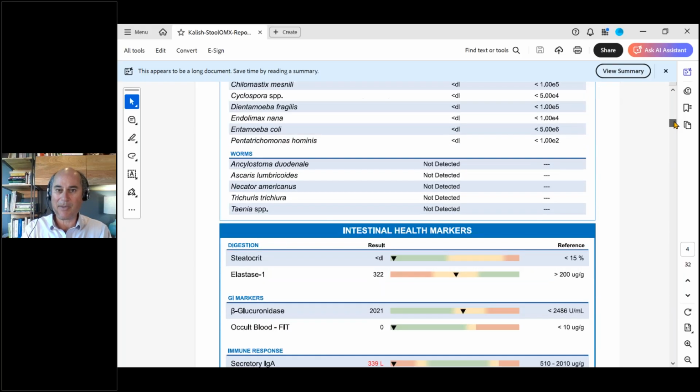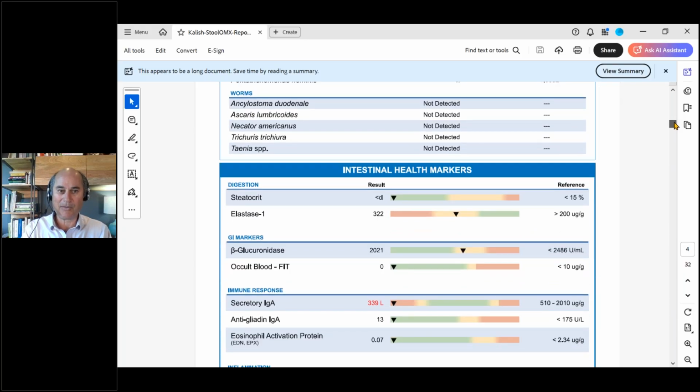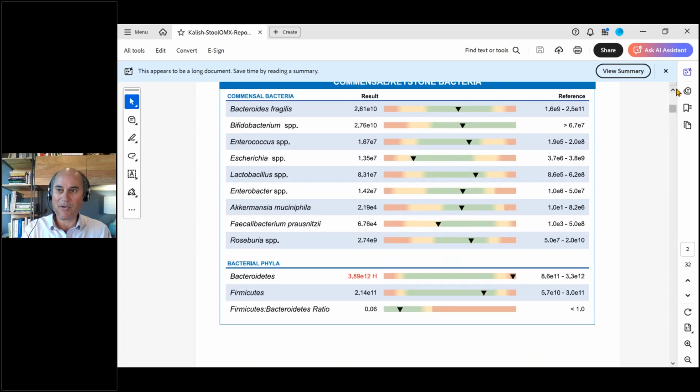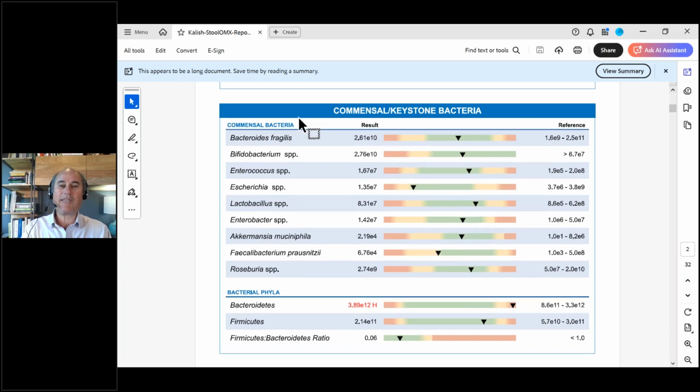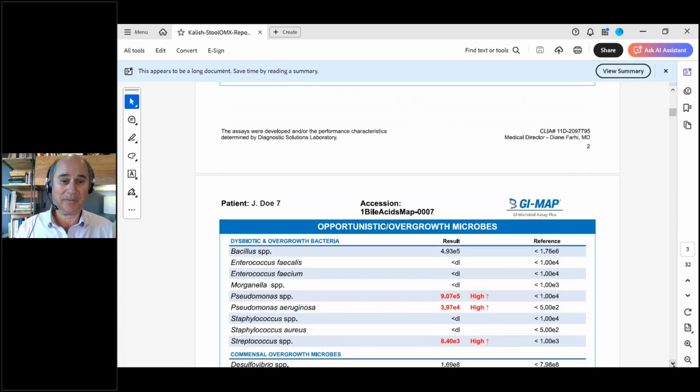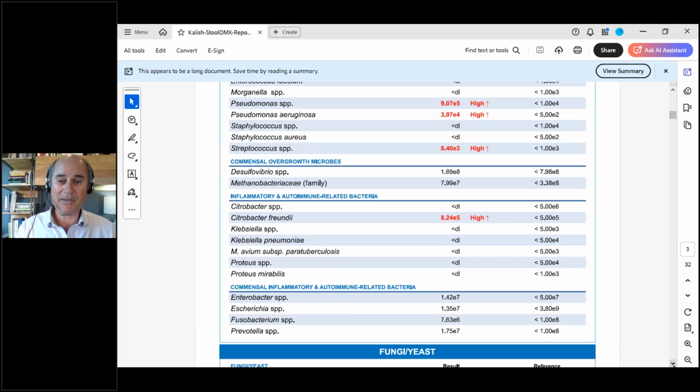So now let's think about the microbiome markers. Let's just look at those next on this particular lab. And some would argue this is the most important section. So these are the commensal bacteria. These are the good ones. And you want there to be a diversity of these organisms, as we were saying, like low diversity is bad. And you want there to be like a robust growth of them. This one's not too bad. Sometimes you'll see these labs when most of these markers are low. We got some dysbiosis here.